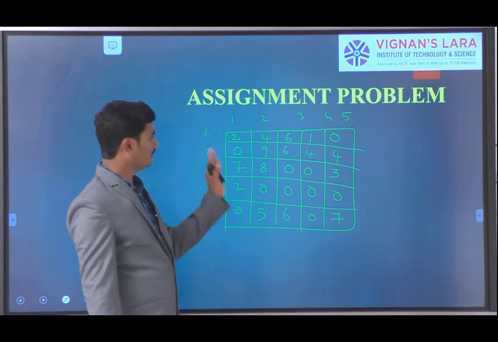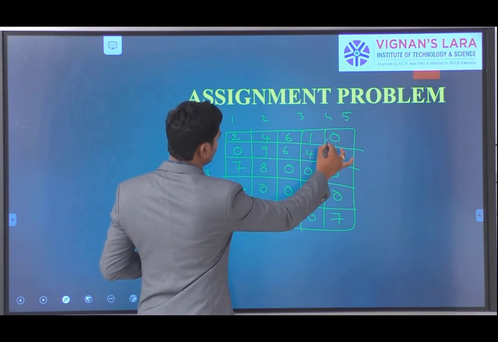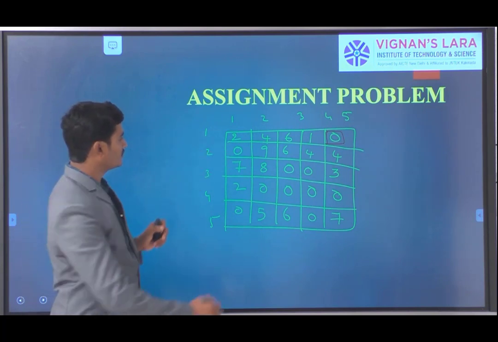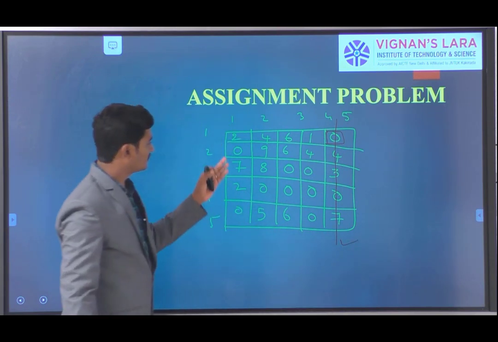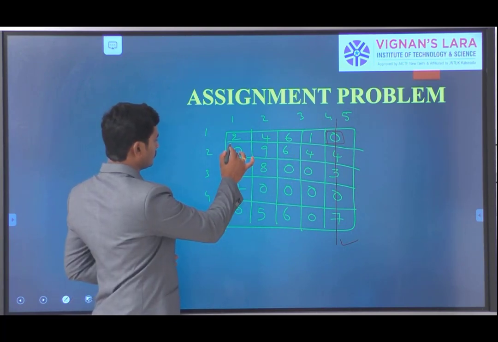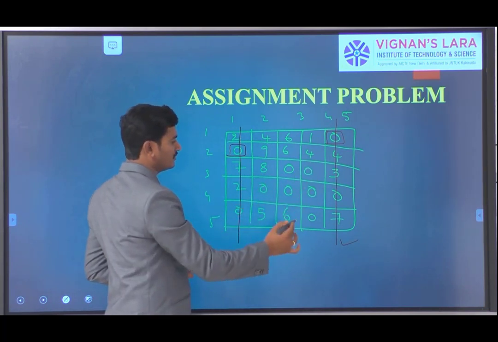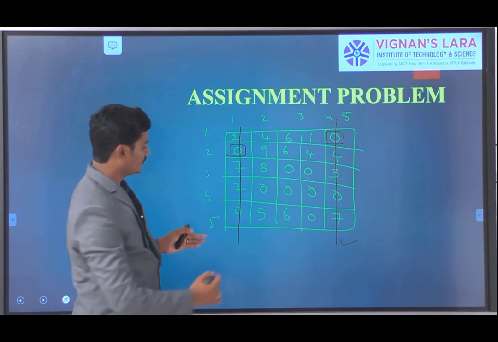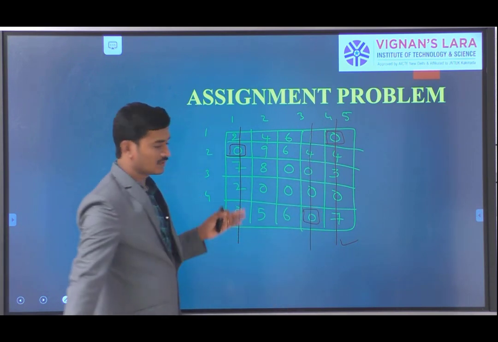Okay. Here coming to the searching, first row. Where we have the 0? 1 0 is there. So simply we are going to allocate this. Next, coming to the second row. Here also, after allocating this, we are going to delete this. Next, second row. Here 0 is there. 0 9 6 4. We are going to allocate this 0. Next, here 7 8 double zeros are there. So simply leave this. Next, here also 3 zeros are there. Simply neglect this row also. Here coming to this, here we have 1 0. Simply draw the line. Now row searching is completed.